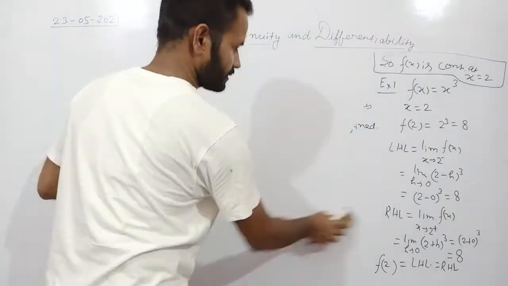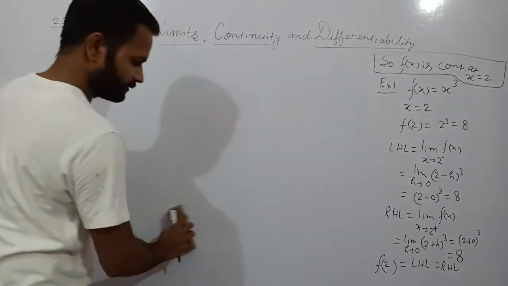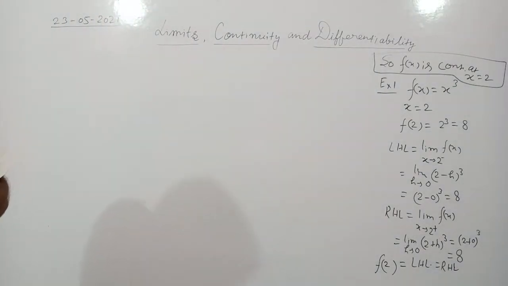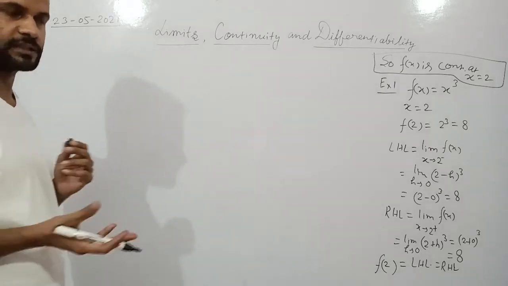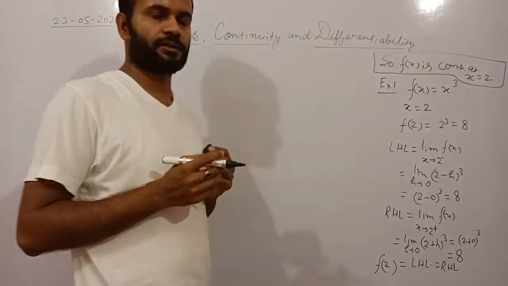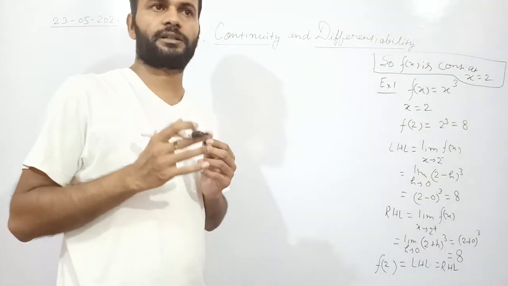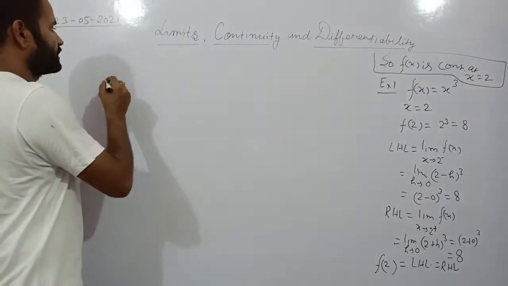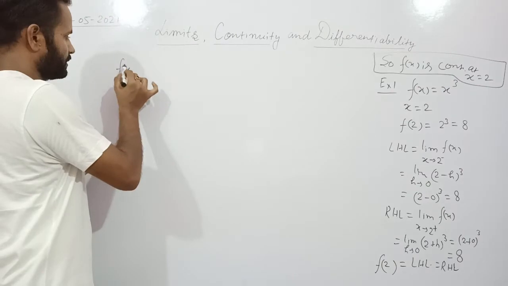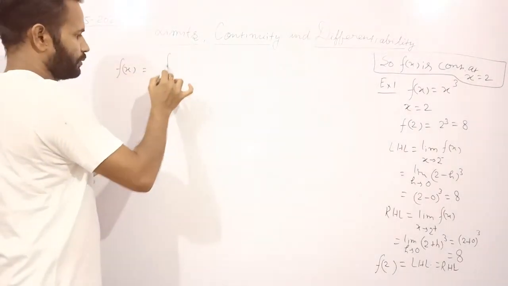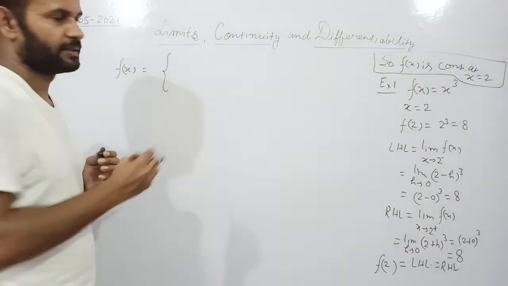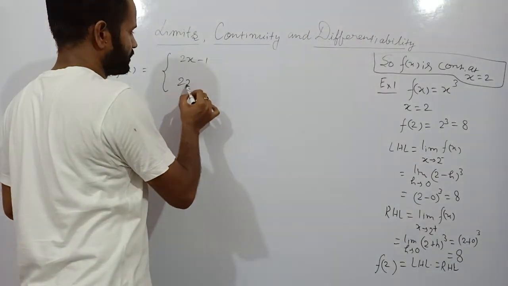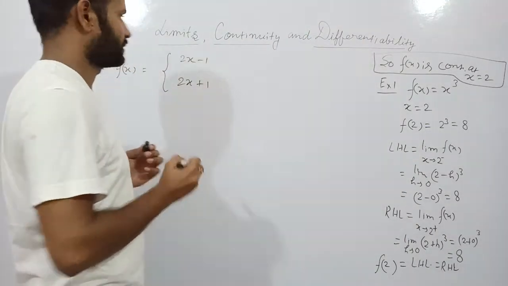Which are not easily understood or are confusing. You say f(x) equals some expression, some polynomial or a rational expression, or some other function, a logarithmic function, sine function, trigonometric function, inverse trigonometric function. But if a function is given in more than one expression, then it is called a broken function.